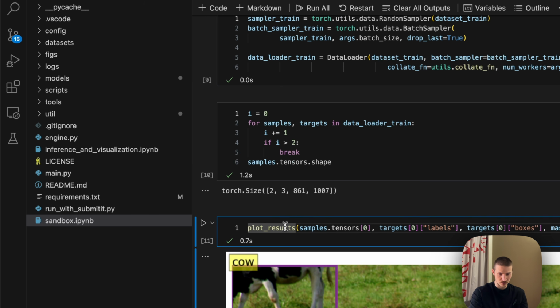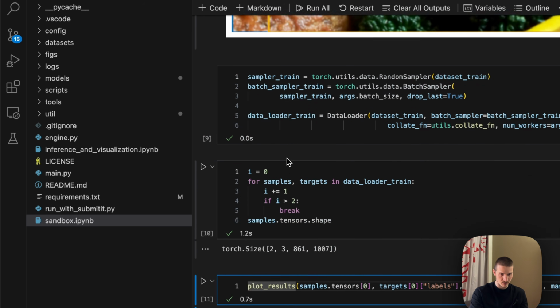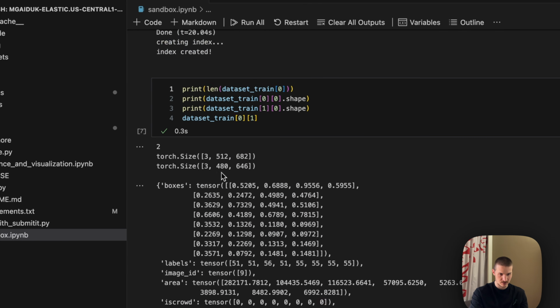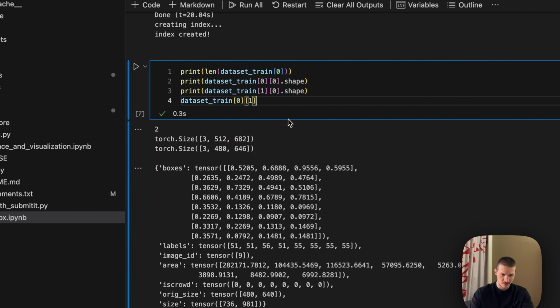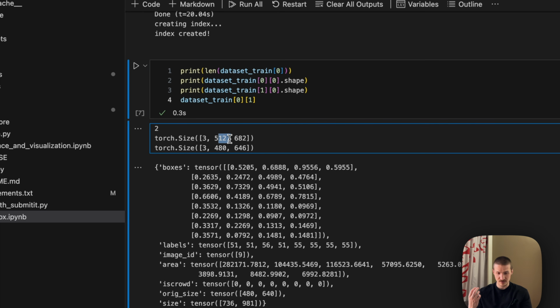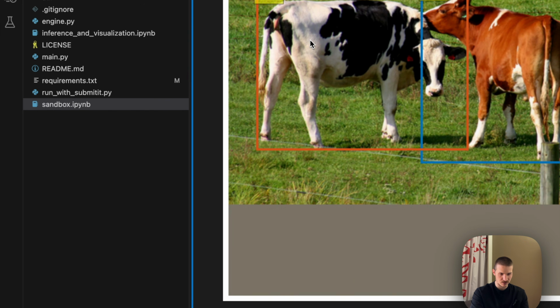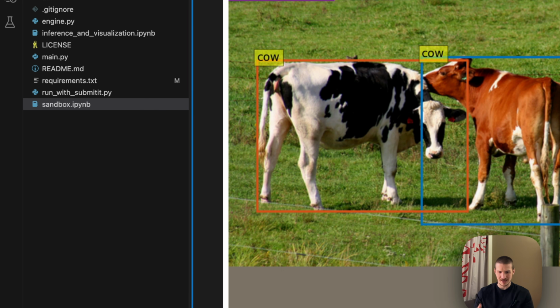Then we have our data loader, and the data loader is the thing that actually pulls the images from the dataset and then unites them into batches. So now if we come back to our dataset, over here, I'm just printing the shape of the first two images. And you can see that they are quite high resolution, but not like Ultra HD, and they all actually have different shapes. And that's typically a problem with tensors, because typical layers prefer tensors to be of the same shape. So it is solved by the data loader by adding what we call padding,